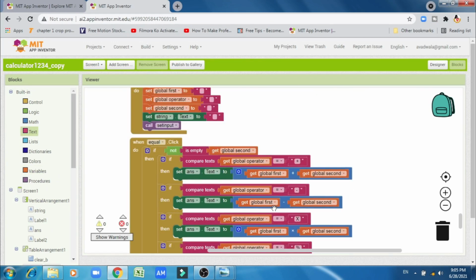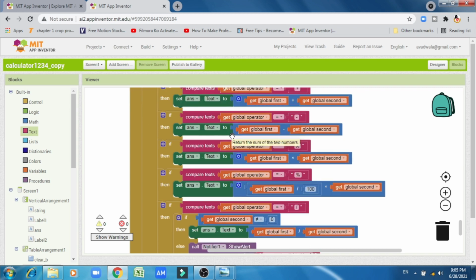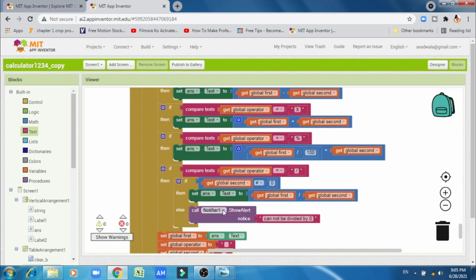So this is the coding for the equal button. When you do the operations and lastly click the equal button, then the whole set of code will be conducted by the computer and finally it will display the result.